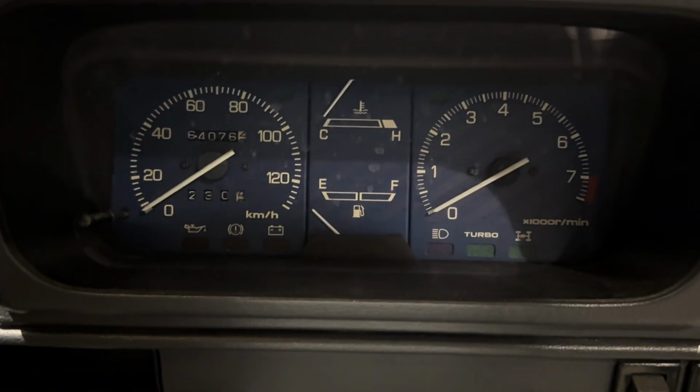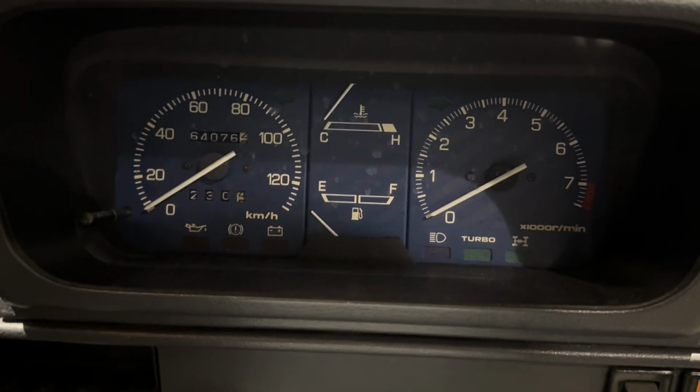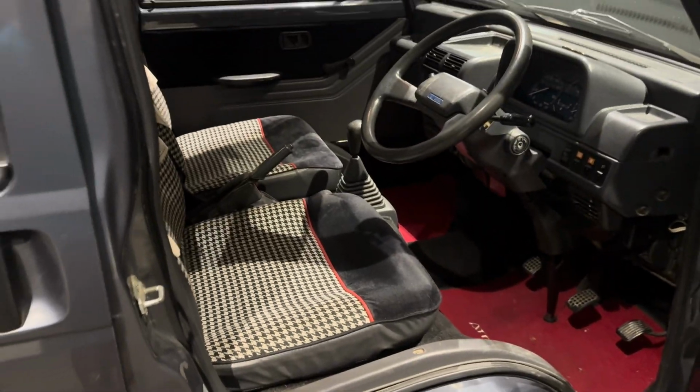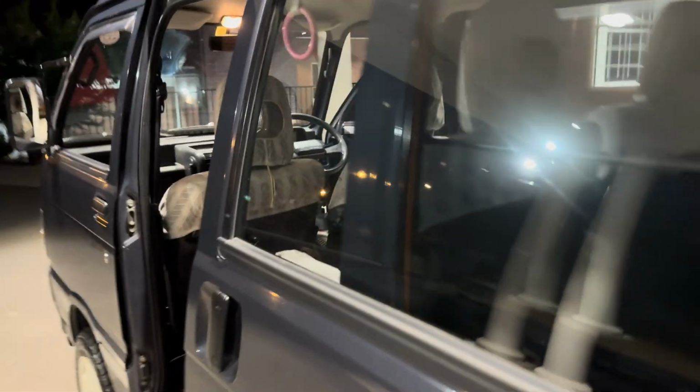Of course, roll windows up and down in the back. There you go, you can see the mileage. And yeah, this thing has very short gears as well. But yeah, with that, I guess we'll come around here, we'll close this door, and we'll go for a little test drive. I know this is a little bit shorter, but